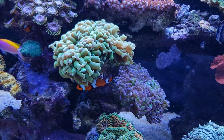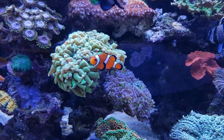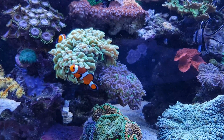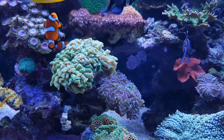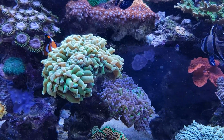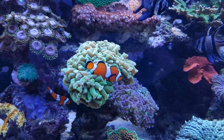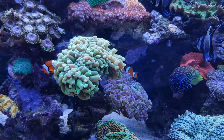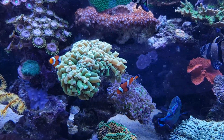So yeah, like I mentioned, anemones. My girlfriend actually wants me to buy a carpet anemone, which I will, I think, in a while, but I first need to make some room for that, since carpet anemones are quite large and quite hostile towards other corals and even fish. So they can eat fish that are strolling by,